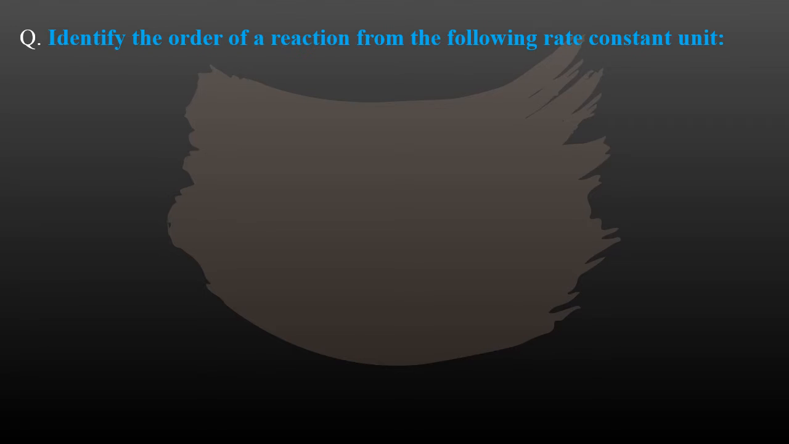Let's start with question first. Question is, identify the order of a reaction from the following rate constant unit. The rate constant is given and its unit is given. K is equal to 5.2 into 10 to the power minus 3 liter mole inverse